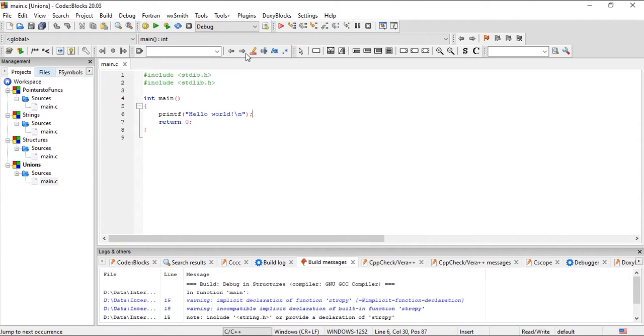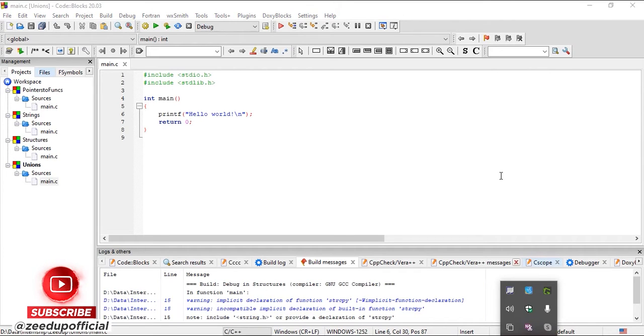A union can contain many members or many elements at the same time, but the total memory occupied by the union is the memory of the highest order. Suppose we declare an integer variable. We know an integer holds 4 bytes of memory. Then we can declare, suppose, a string of 20 characters. Now we know that this string is going to hold 20 bytes of memory. So the total size of the union in this case will be 20 bytes.